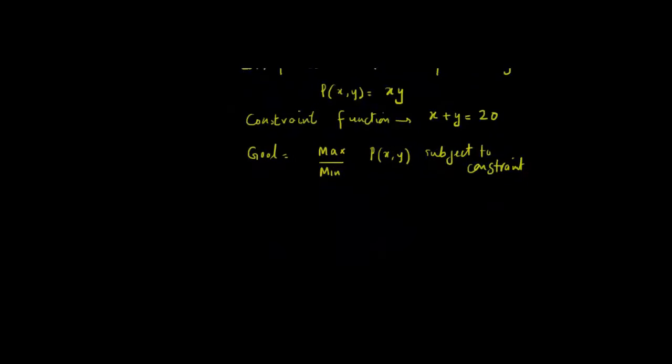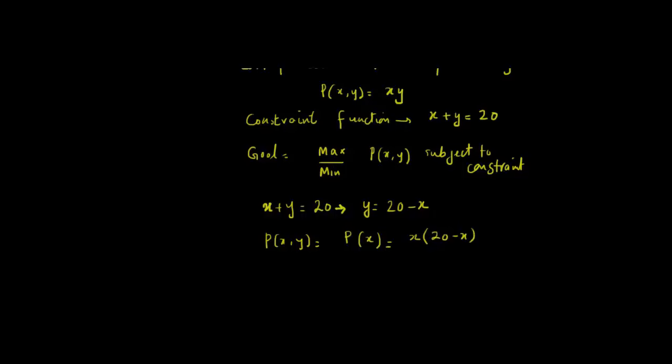In these kinds of questions, what we usually do is we use the constraint function to reduce our cost function. What do I mean by that? We use the constraint function to express our cost function in terms of one variable. Since x plus y is equal to 20, we can write y equals 20 minus x. Now, we are going to express our cost function, which depends on x and y. We're going to write it purely as a function of x. And since it's equal to x times y, where y is equal to 20 minus x, we can write